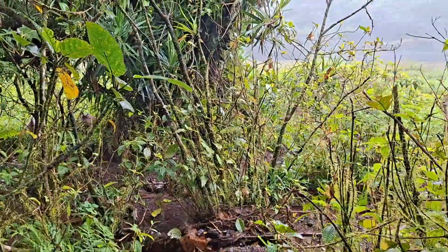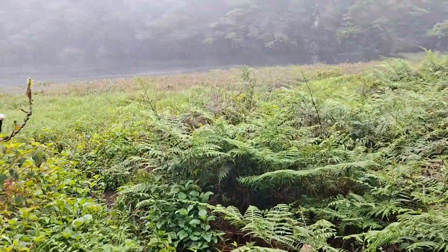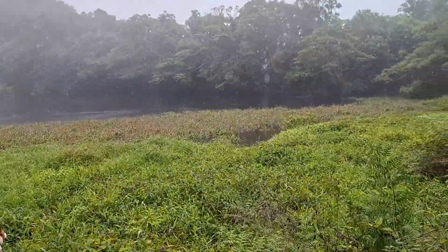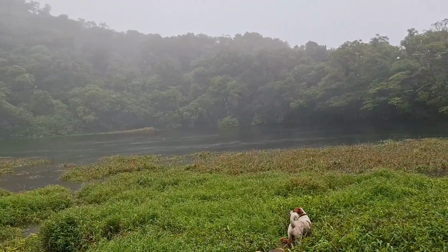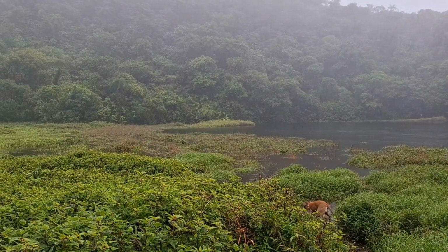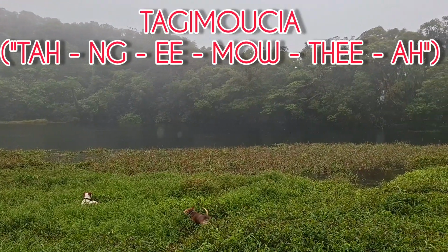Yeah, it's pretty sketchy. Keep looking up, still not seen any sign of the mystical flower yet. Here we are. Lake Tagimoucia. Really apologies for my pronunciations, but